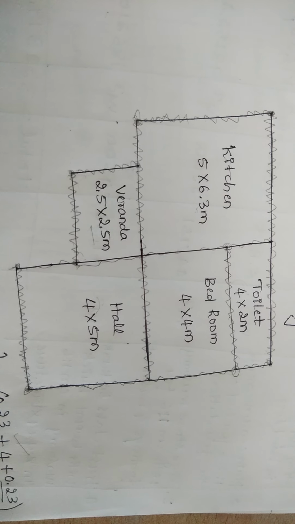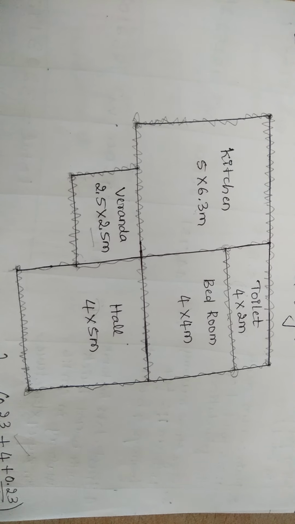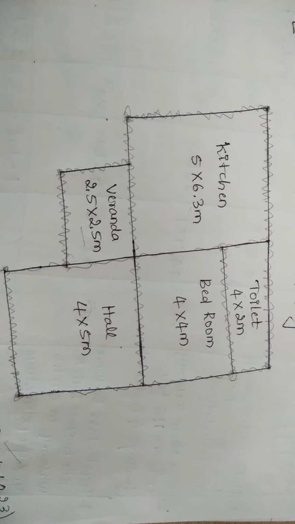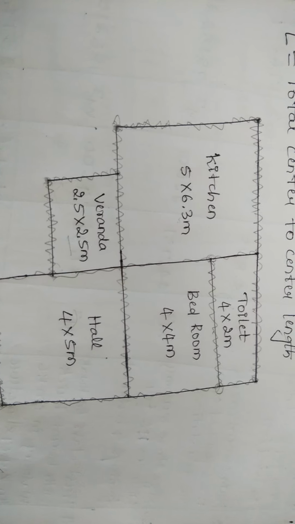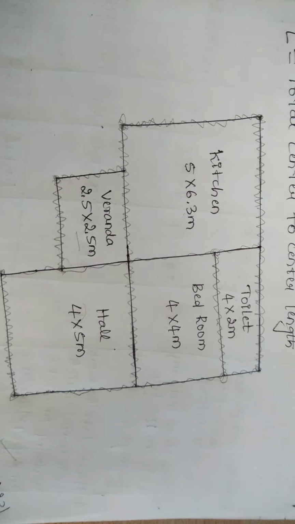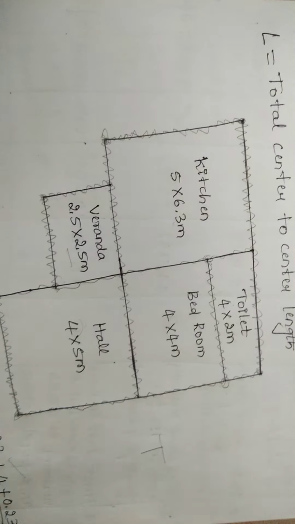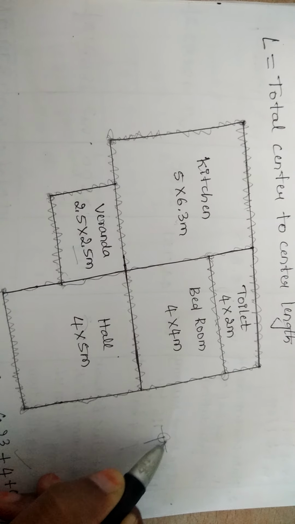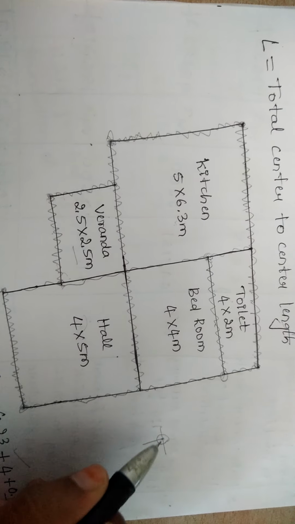The next step is to find the number of junctions. To find this, we have to look at how many walls are coinciding. For example, if you are getting the wall in this shape, that is in the T shape, then this point will represent a junction point. That means here two walls are coinciding.